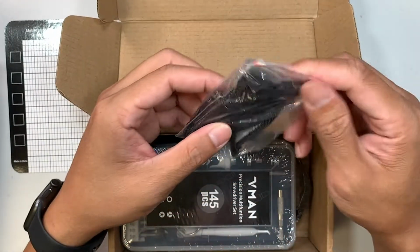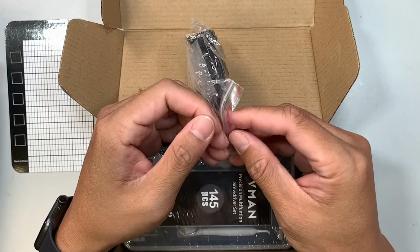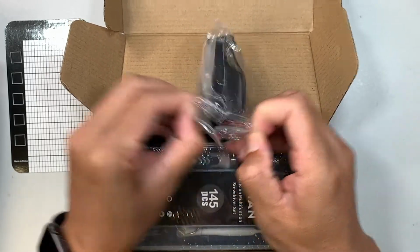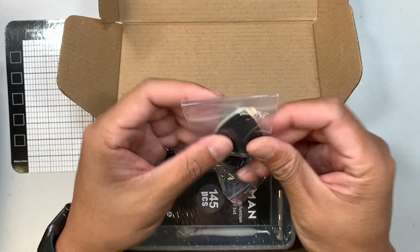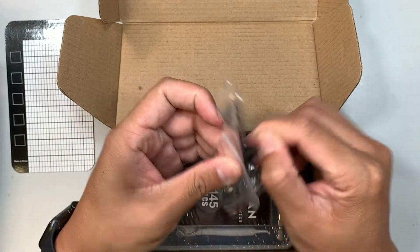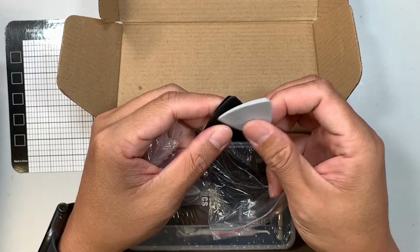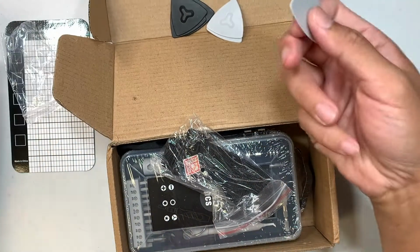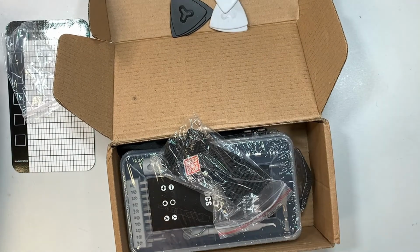Alright, so in this plastic bag, you can see there's some plastic prying tools. So let's take a look here at what they got. So you would have a few of these, like a guitar pick. This kind of plastic guitar pick is just for you to use on your iPad. So for example, if you have a cracked screen on your iPad and you would like to